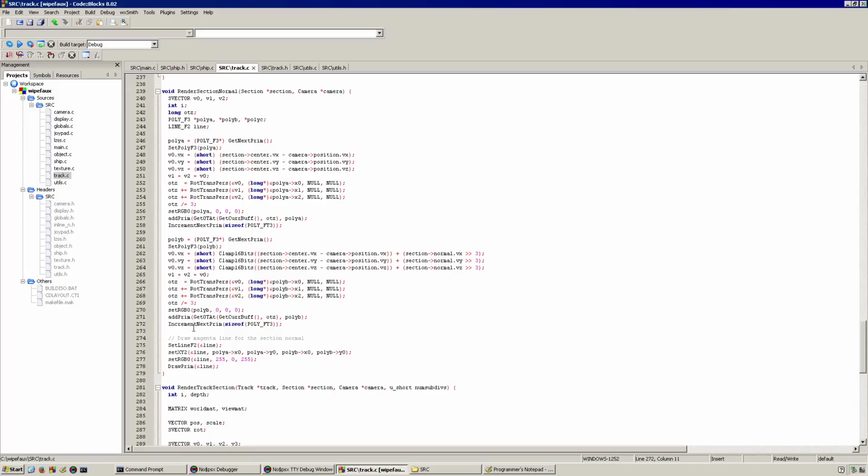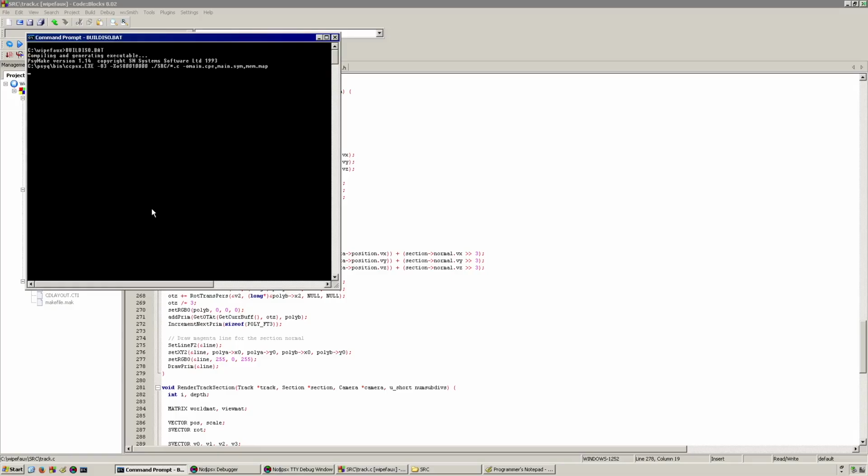And then all I have to do, now that I have these 2 points in space, the base and the tip of the vector, is draw a magenta line for the section normal, right? A little line between A and B. So set line F2, XY2, I set polygon A and polygon B as the start and end points of my line, I set an RGB magenta, and I draw my line, I draw the primitive line. This thing right here,